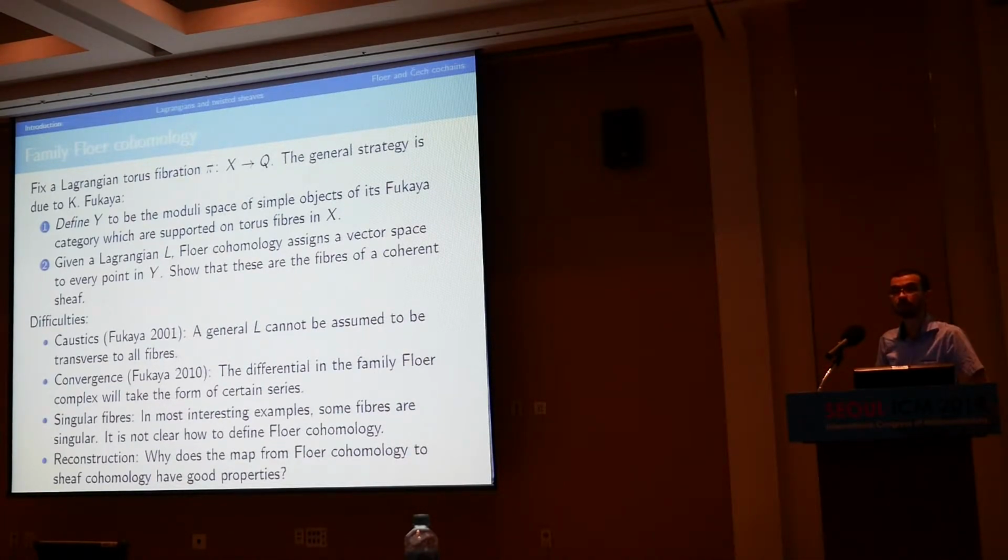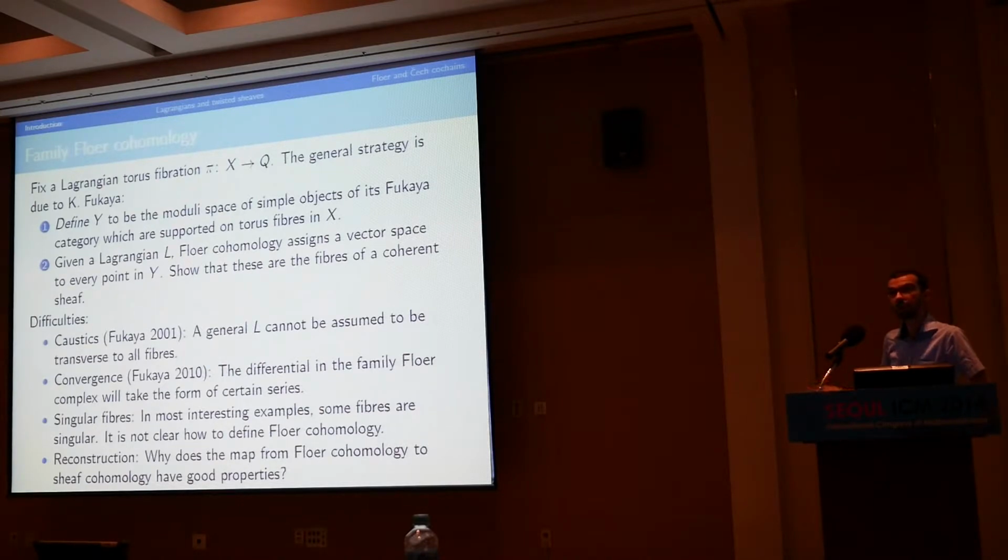I will just say the following. The main idea is that you take a very small cover of the base and then you choose perturbations that depend on every element of the cover, which achieve transversality locally. And then you have to patch things together. The next problem is the problem of convergence. I already told you that we're going to define this Floer cohomology by counting some kind of holomorphic disks. And if you're fixing one Lagrangian and one of the fibers, for example, you can just appeal to Gromov's theorem to get convergence.